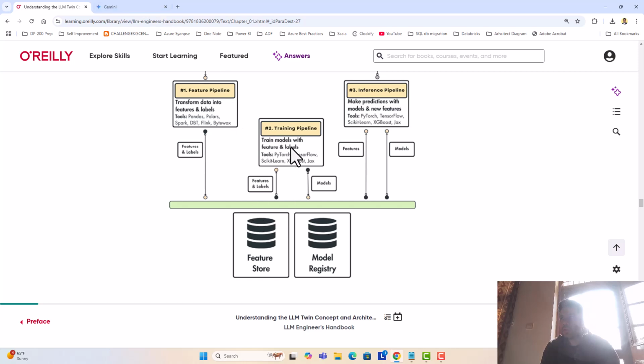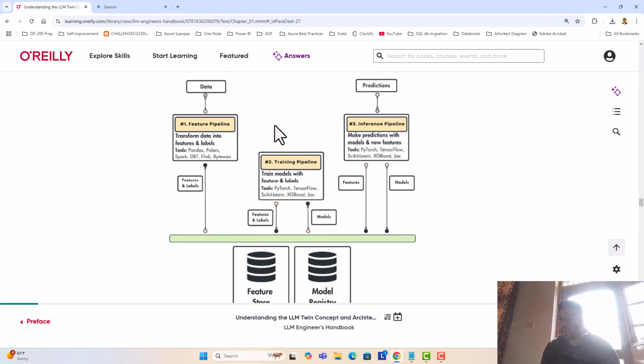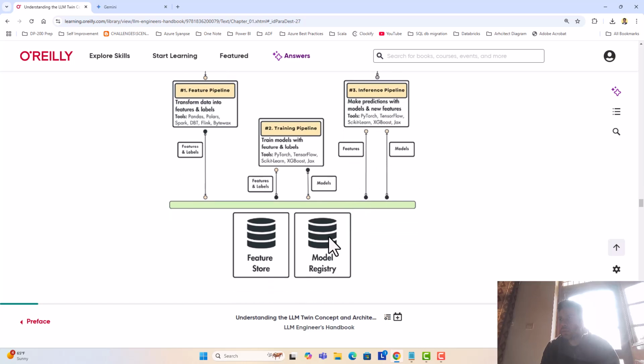And then you have a training pipeline, which trains models with features and labels. The tools that could be used here are PyTorch, TensorFlow, Scikit-learn, XGBoost, JAX. And then there is an inference pipeline which will make predictions at runtime, so it can use the models that are saved in the model registry, and then there could be some features it could use, and it can make predictions. And the tools here could be PyTorch, TensorFlow, the same set of tools that you have